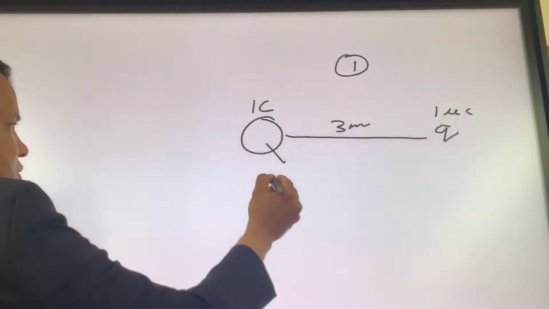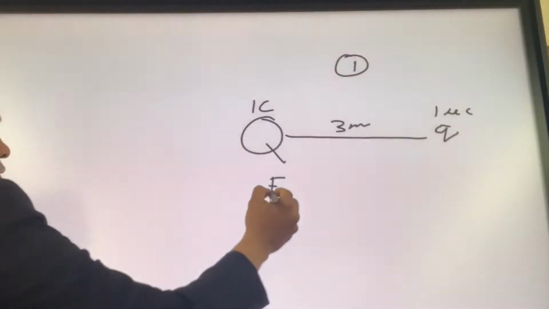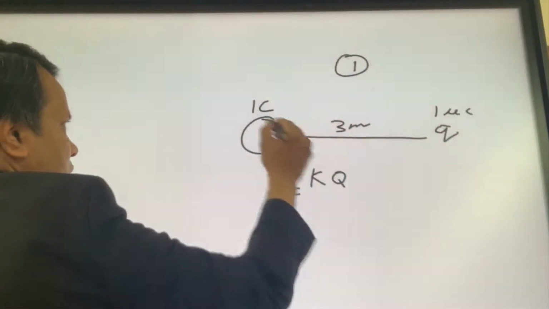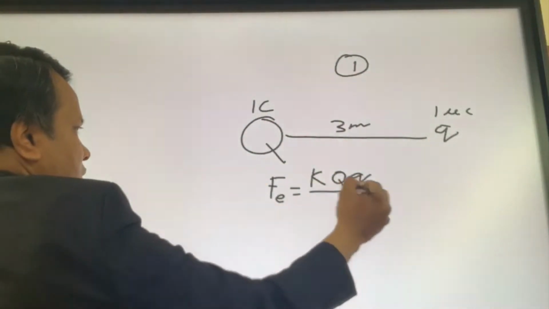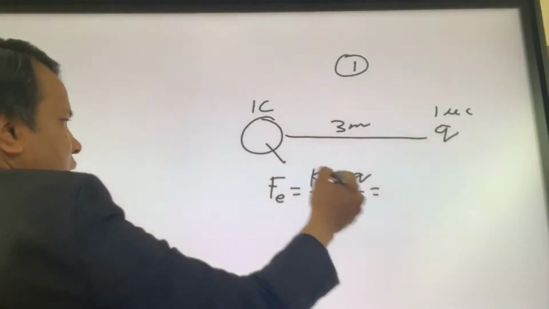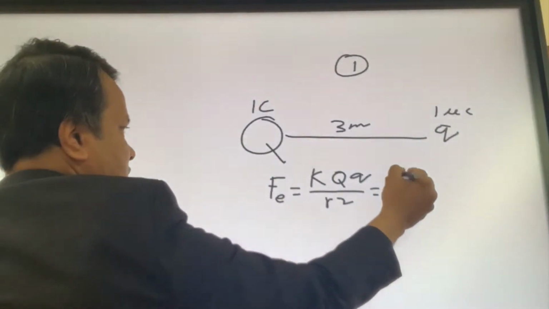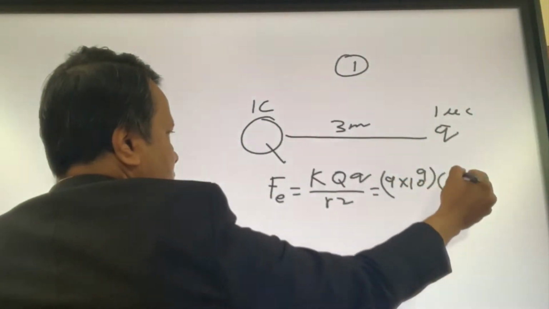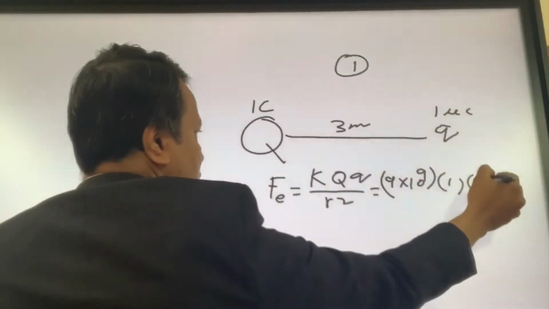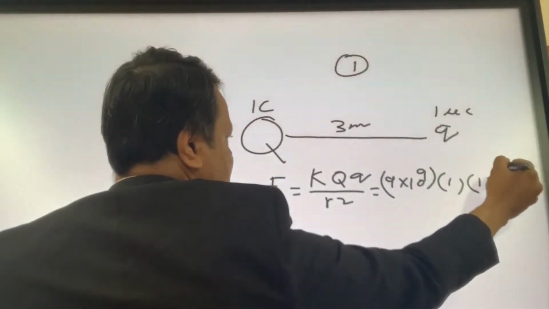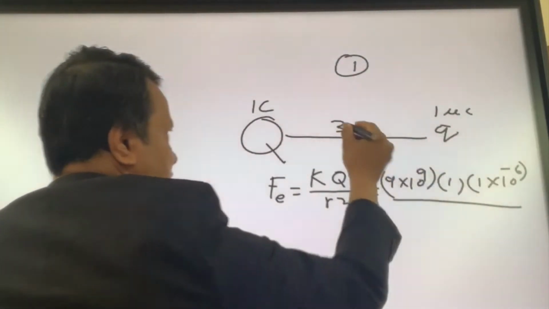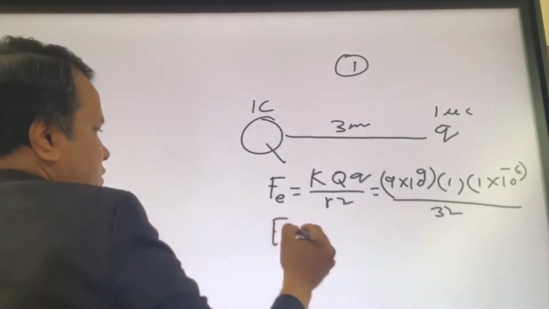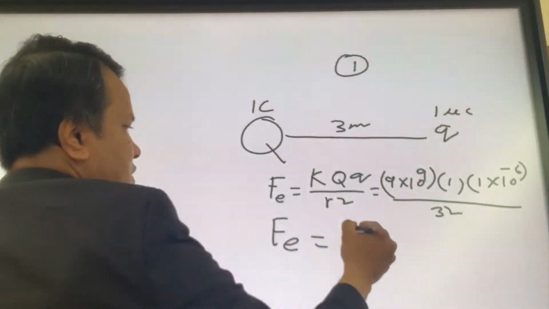So let's find the force between them. The electrostatic force between them is Kq small q over r squared. K is 9 times 10 raised to 9. This is 1 coulomb, and this is 1 microcoulomb, 1 times 10 raised to -6, divided by 3 squared. So the electrostatic force between these two is just